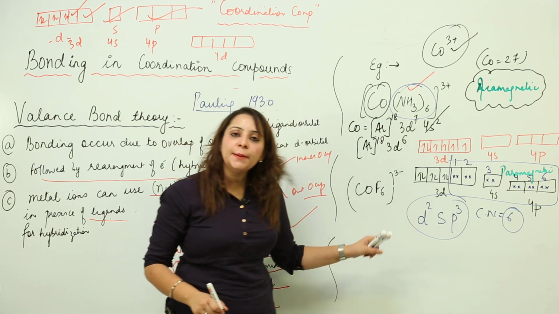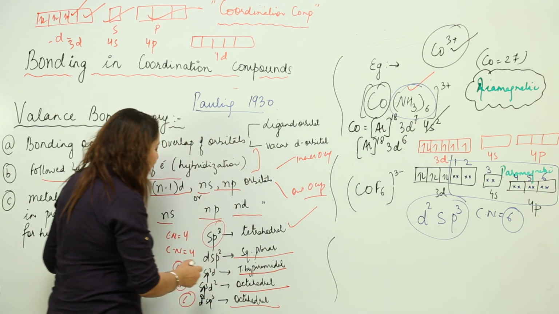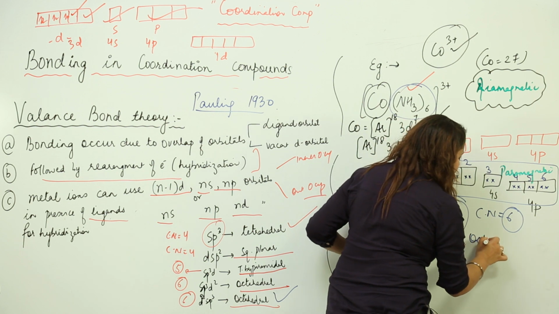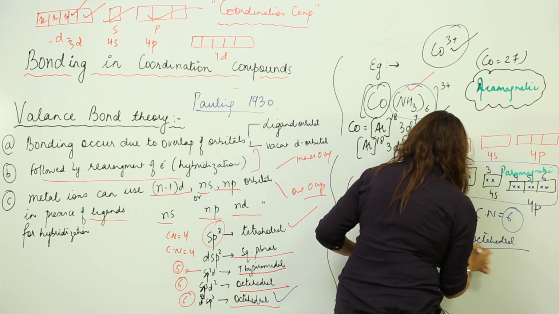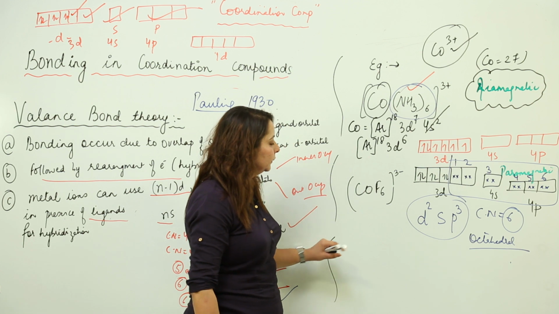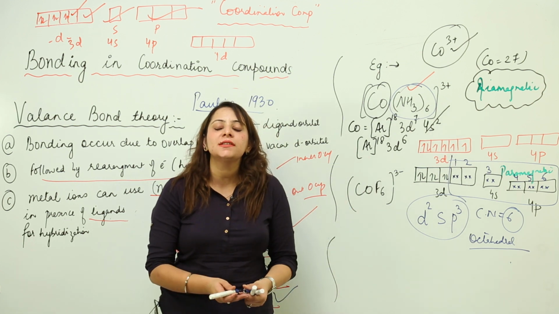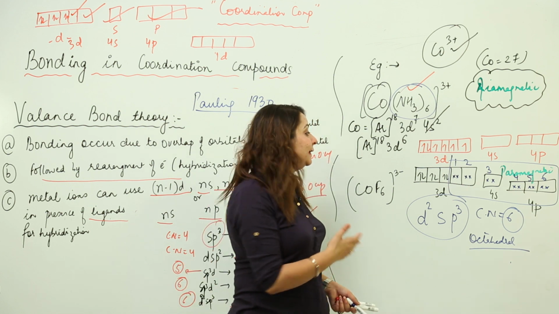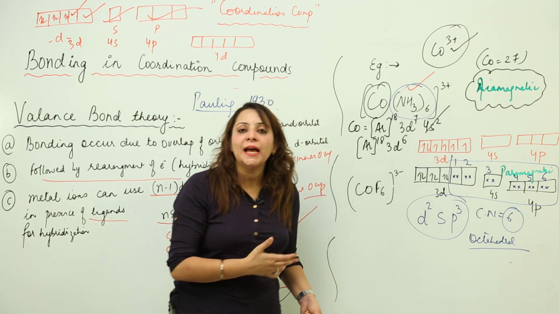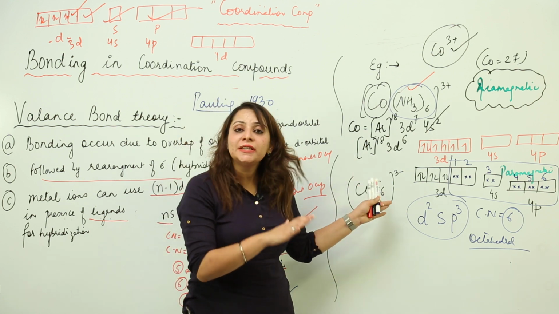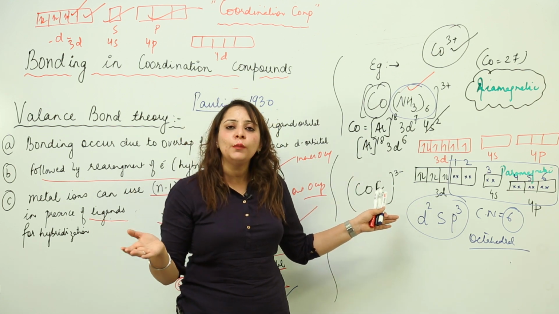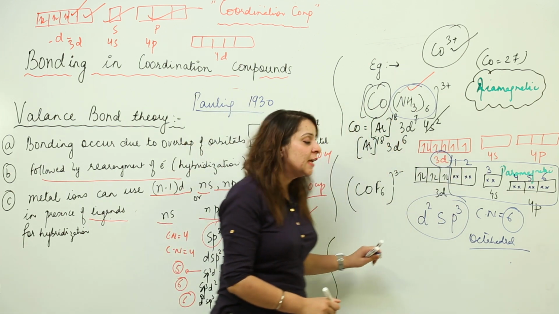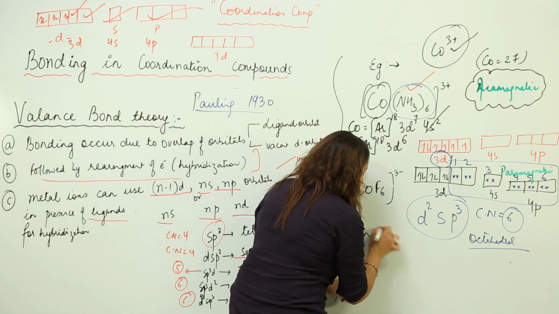Now as far as the shape is concerned, we know that for d2sp3 we have octahedral shape. So obviously they will arrange in an octahedral manner. Now after doing that, it's time to decide whether it is an inner orbital complex or an outer orbital complex. So just look at the board, what kind of d orbital has it used actually? Has it used the inner d orbital, that is the penultimate one, or the outer one? Obviously it has used the penultimate one. So that means it is going to be an inner orbital complex,